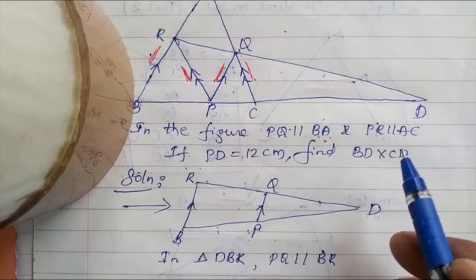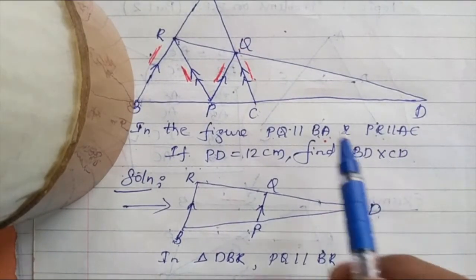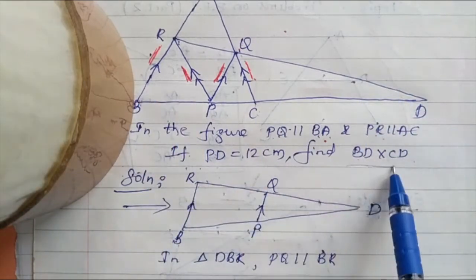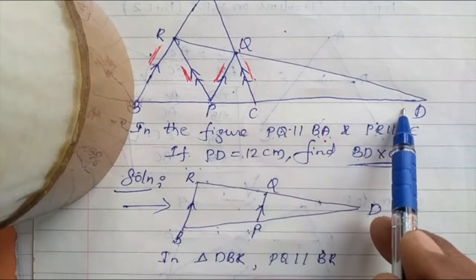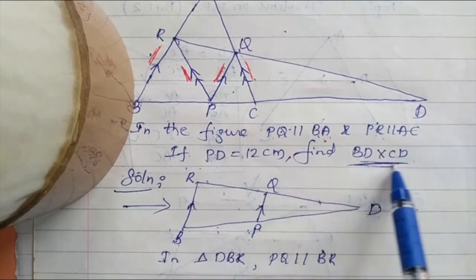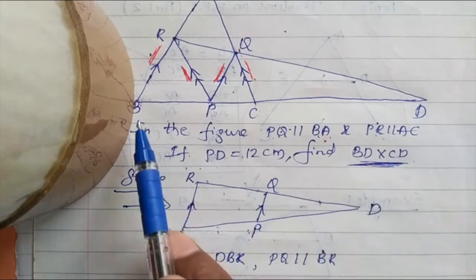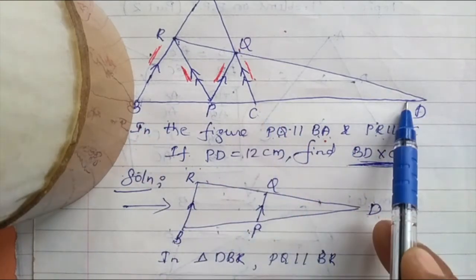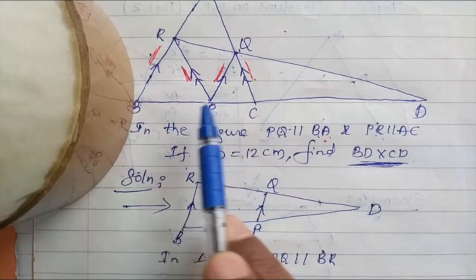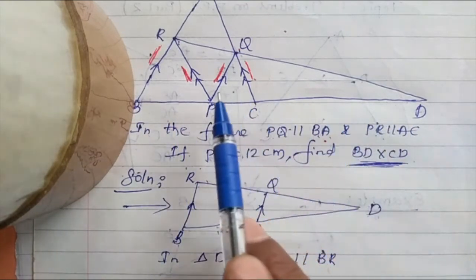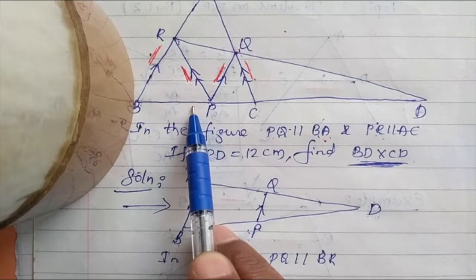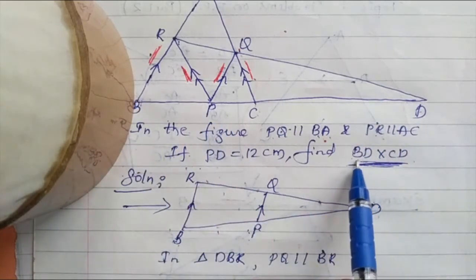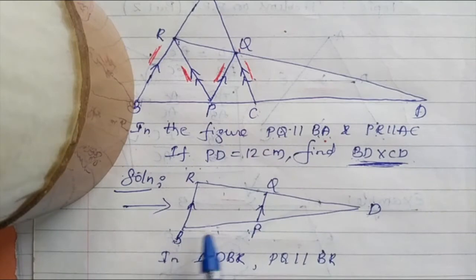follow? Check the question. In the question, what is given? BD into CD. BD is the full and CD is the off. So the full and off method they followed in the question. So better we use the same thing. BD full and top off, not bottom off. Bottom off is BC. So we can write in three methods: this off by this off, this full by this off, this full by this off. Which one should we follow? BD is the full form, and CD top off. That means BD full and CD.